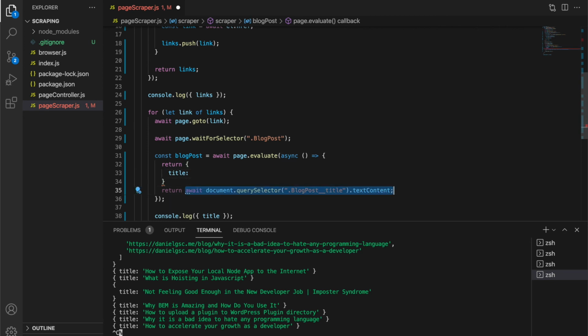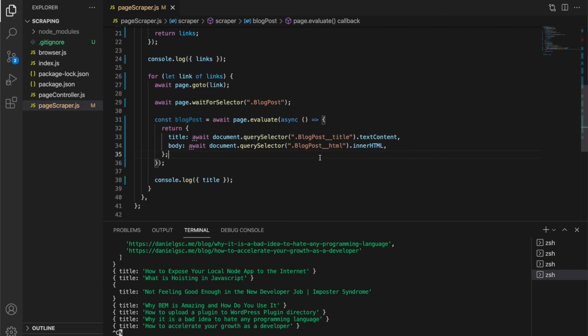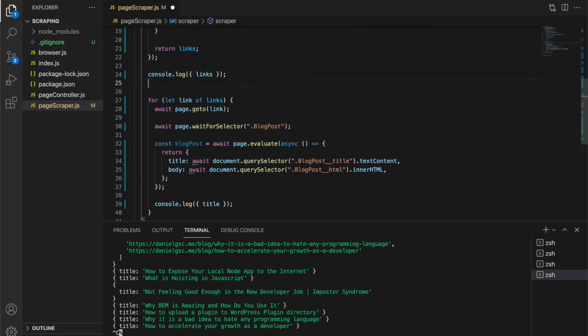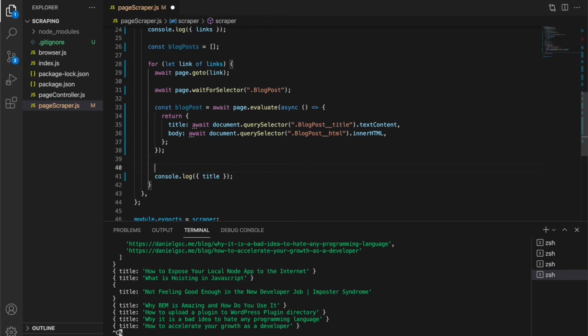We can say this, and for the body or HTML we can just say HTML. We can also say just inner HTML here to get the HTML, and now we can create a new variable which is called blog posts, and let's just push it to this array.